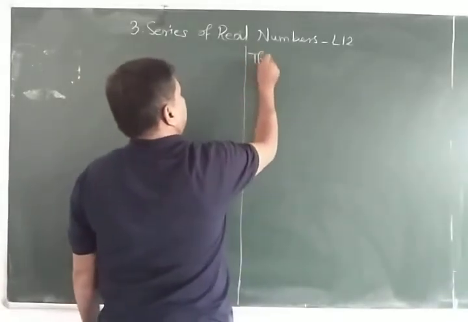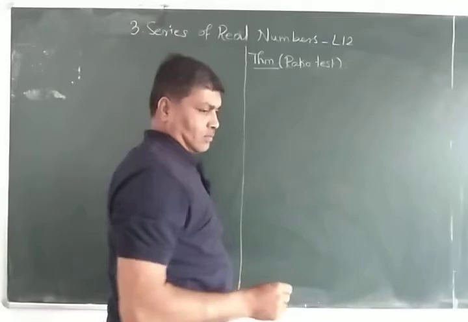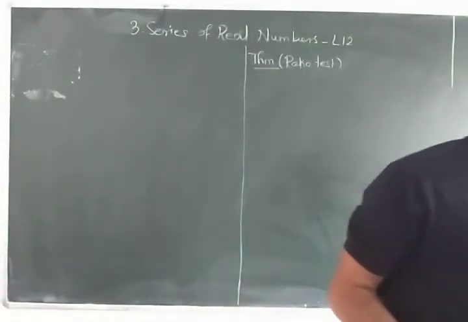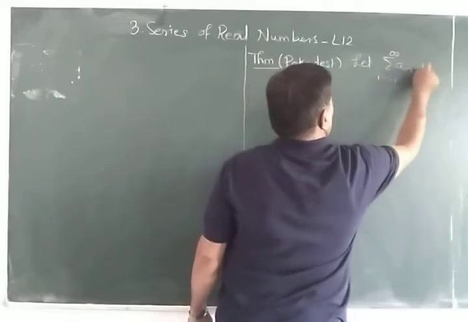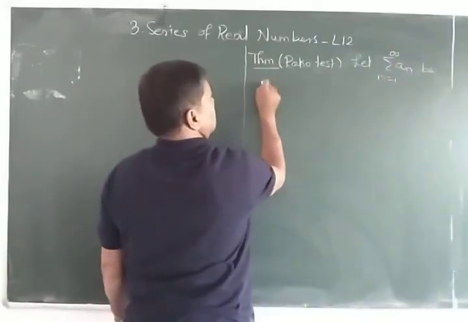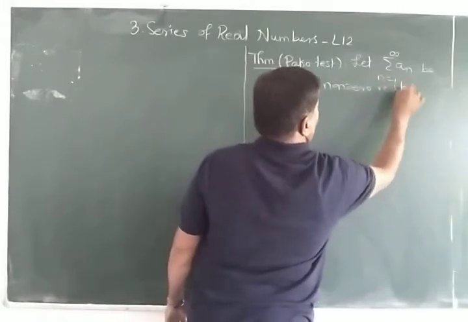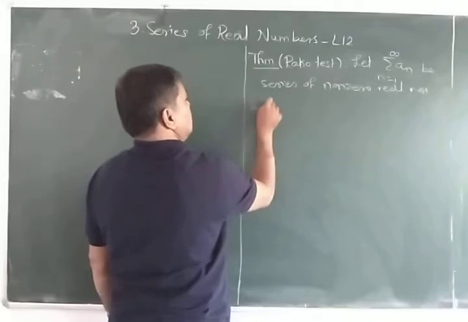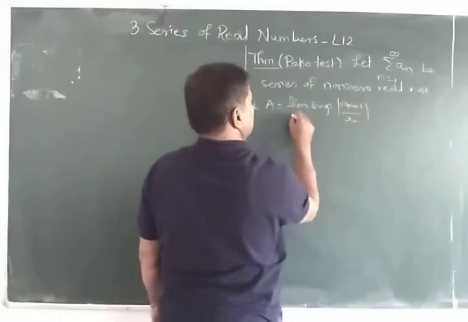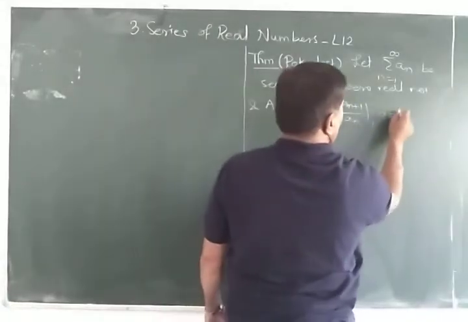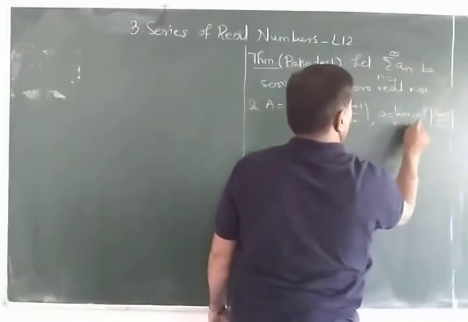The theorem, ratio test. Let summation of a_n, n equal to 1 to infinity, be a series of non-zero real numbers, and let capital A be equal to lim sup of mod of a_(n+1) upon a_n as n tends to infinity, and small a be equal to lim inf of mod of a_(n+1) upon a_n, then